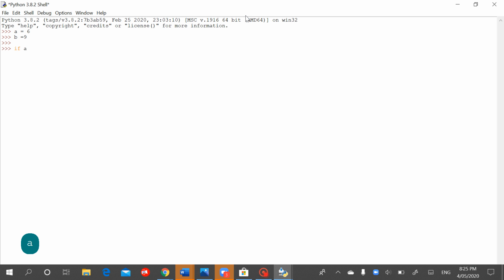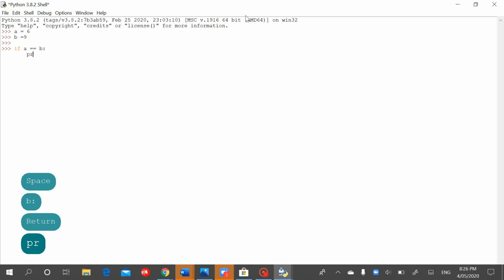If a, there's quite a few things you can put. One is the double equals sign, meaning equal to. You can't put a single equals sign because that's used for variables. You need to put double equals because you're checking in an if statement. A single equals would be confused with a variable assignment, and it's just not the correct syntax for Python. So we're going to type in if a == b,